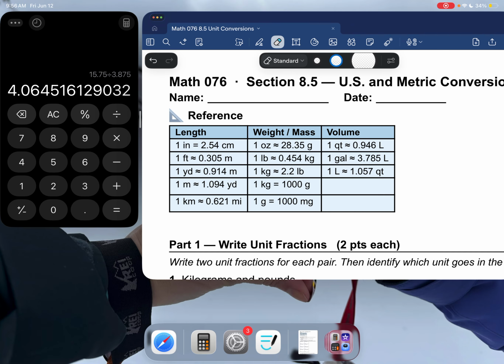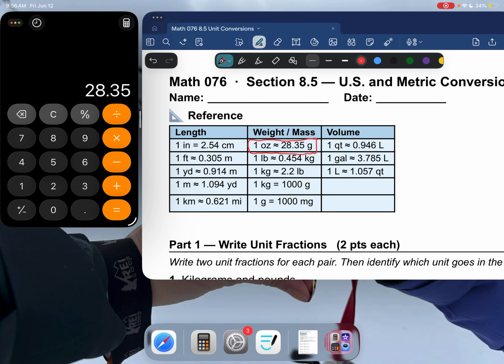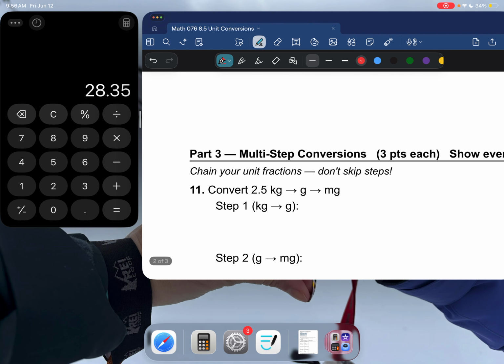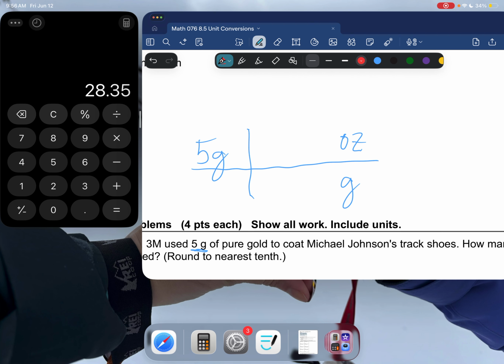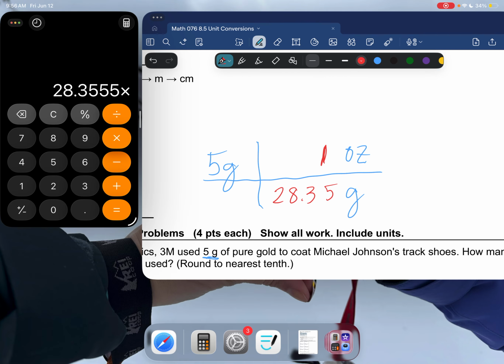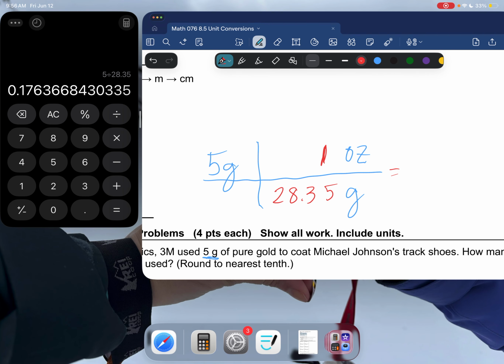I got ounces to grams. 1 ounce equals 28.35 grams. Okay, let's go back to that other page. Okay, so this was 28.35 grams equals 1 ounce. Okay, and so let's do that multiplying. 5 times 1 divided by 28.35 gives me